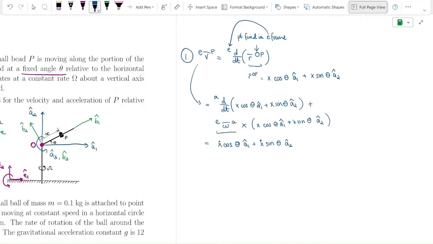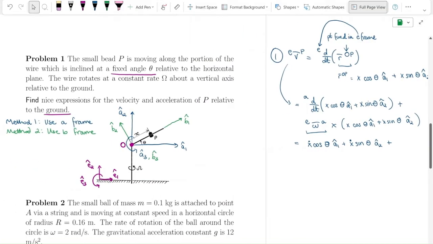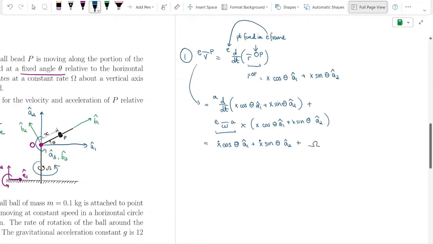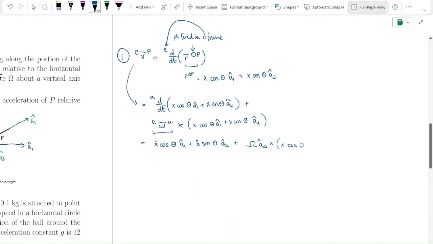Now the second term is the angular velocity of A with respect to the E-frame. In this case, the angular velocity is around here, right? If we curl the fingers of your right hand in the direction of the angular rotation, your thumb should point in the direction of the angular velocity, which is the a2 hat direction. So the angular velocity is omega a2 hat crossed with the original vector, which is x cosine theta a1 hat plus